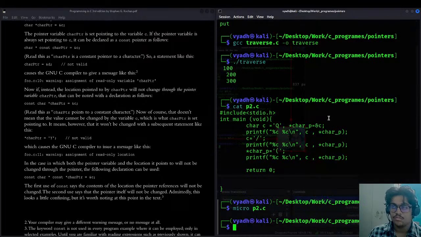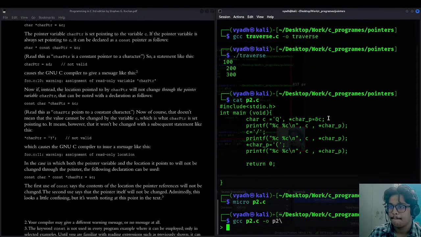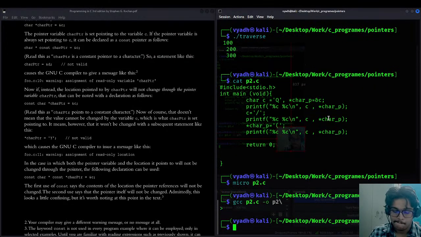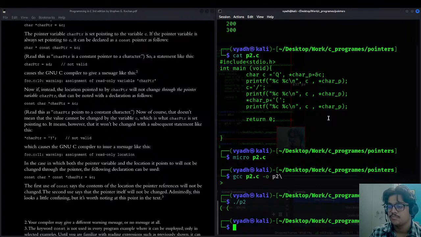Okay, gcc p2.c. Since the pointer was constant, no, this was not my target.